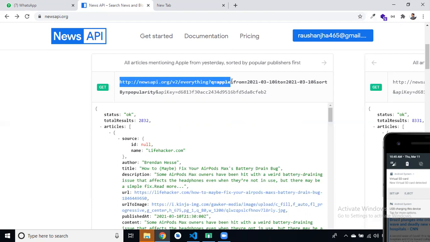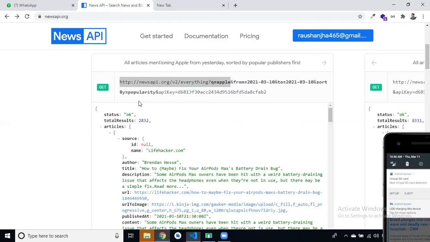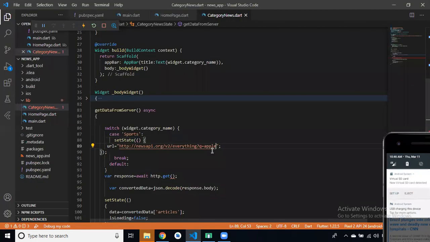Like this, and our API key is this, and our q is equal to sports. Clear? On the basis of our category name, we have changed our URL, right?